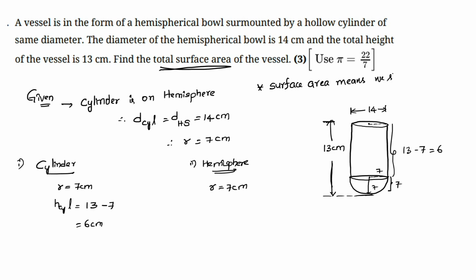We should calculate areas of those surfaces which we can touch. Okay, so ఏవైతే మనం టచ్ చేయగలుగుతామో వాటిని మాత్రమే యాడ్ చేసుకోవాలి. సో హియర్ టోటల్ సర్ఫేస్ ఏరియా అంటే ఏంటి, కర్వ్డ్ సర్ఫేస్ ఏరియా ఆఫ్ సిలిండర్ ప్లస్ కర్వ్డ్ సర్ఫేస్ ఏరియా ఆఫ్ హెమిస్పియర్. సో దేర్ఫోర్